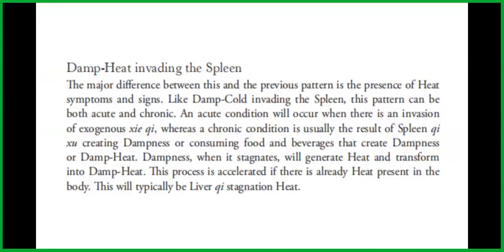An acute condition will occur when there is an invasion of exogenous pathogenic qi, whereas a chronic condition is usually the result of spleen qi deficiency, creating dampness, or consuming food and beverages that create dampness or damp heat. Dampness, when it stagnates, will generate heat and transform into damp heat. This process is accelerated if there is already heat present in the body, and this will typically be liver qi